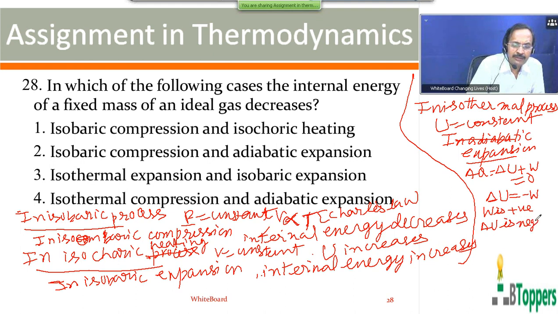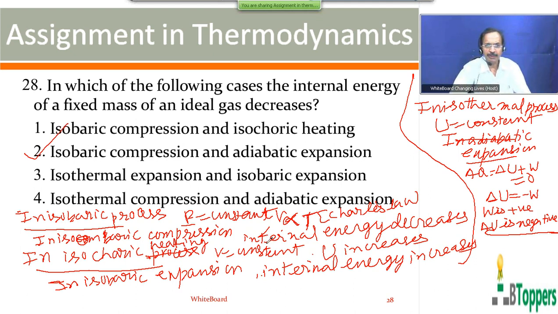So the change in internal energy of the gas will be negative in adiabatic expansion, which I already explained in the past. So the internal energy of the gas decreases and the temperature of the gas falls in adiabatic expansion. So adiabatic expansion causes cooling. So in isobaric compression the internal energy decreases, and in adiabatic expansion the internal energy also decreases. So the second option is the answer. In an isothermal process there will be no change in internal energy. So for question number 28, the second option will be the answer. If you want to copy this discussion, you can take a pause and copy the discussion.